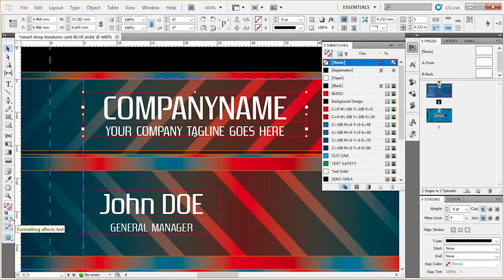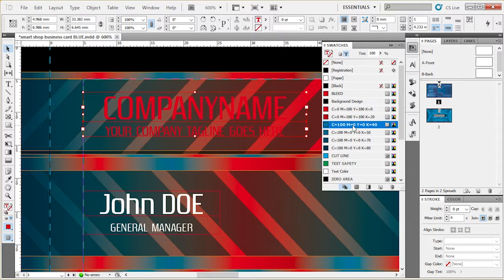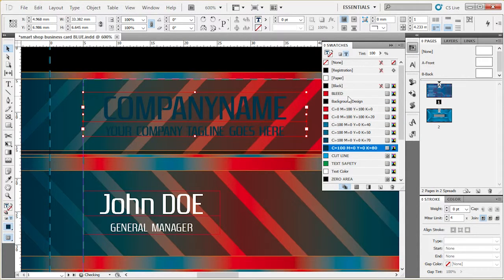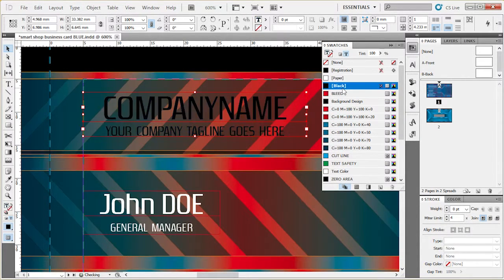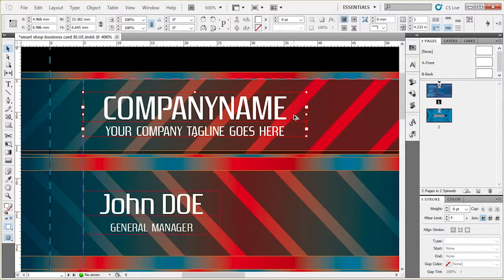So press this little T right below fill and stroke here on the tools panel, and once you do that, you have the text selected. Of course, you can change all the text color, which is changing this swatch, or you can just change these two colors. Let's make it black, white, and that's how you edit